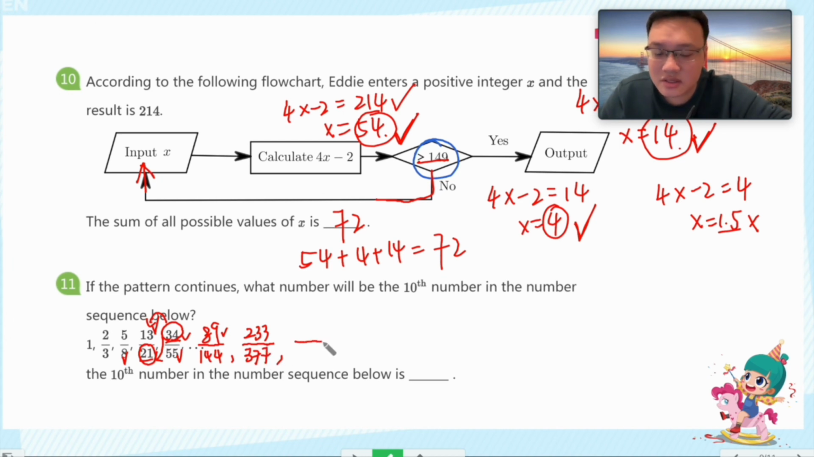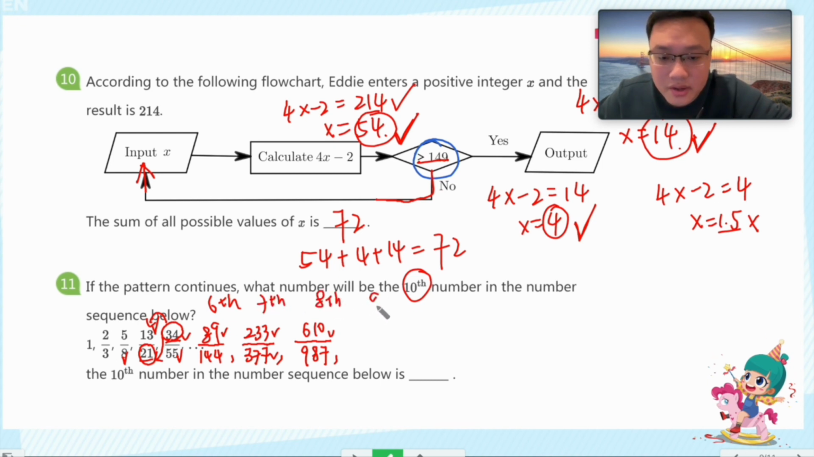So let's continue this. Next numerator, the sum of these 2 numbers, so that will be 610. And the denominator equals 610 plus 377, so that will be 987. So we are really close to the final answer because we need to find the 10th term. This is the 6th, this is 7th, this is 8th, and then 2 more, okay? 9th and 10th. So next one, the numerator, 610 plus 987, you got 1,597, and so the denominator,